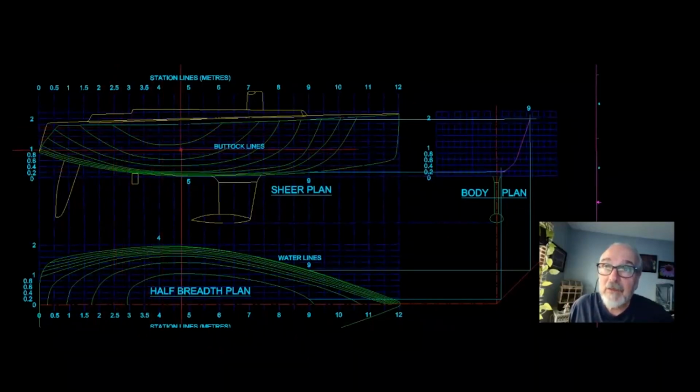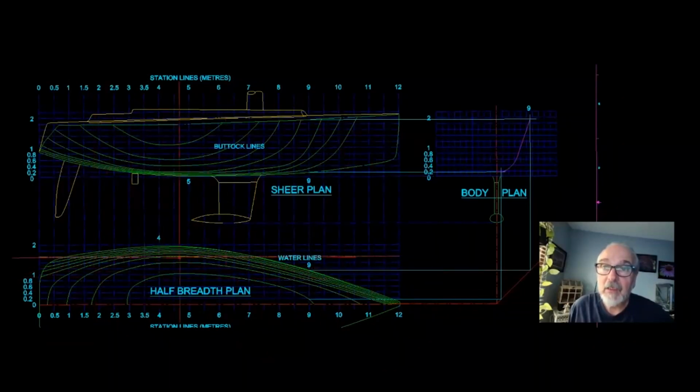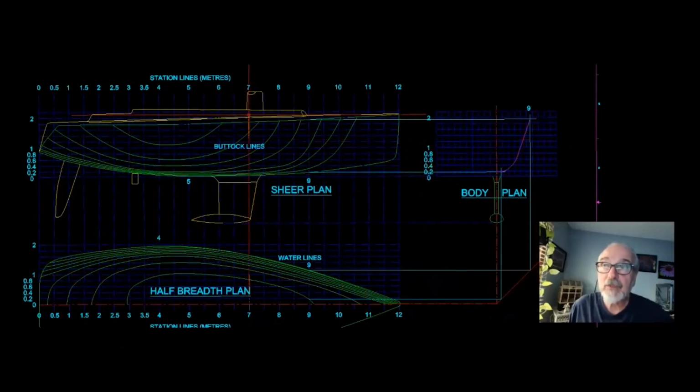So I did not draw these from anything other than those plans and looking at the dimensions where the lines were. So they're as close as I could approximate by looking at that plan. Same with down here. I copied or created these by copying them to positions that I saw on those plans. Now, to project the information from these over to the body plan,